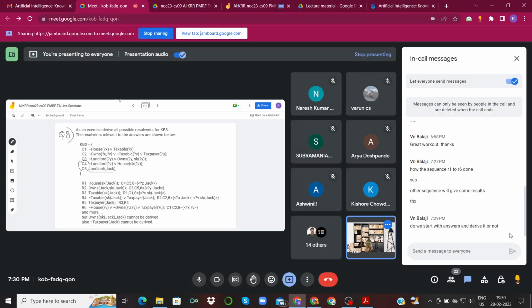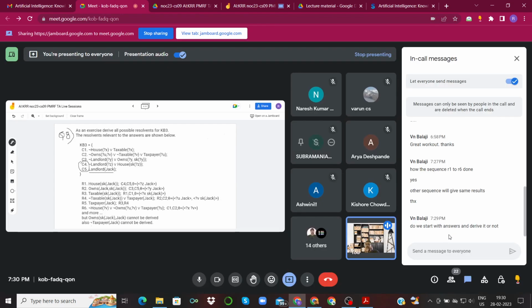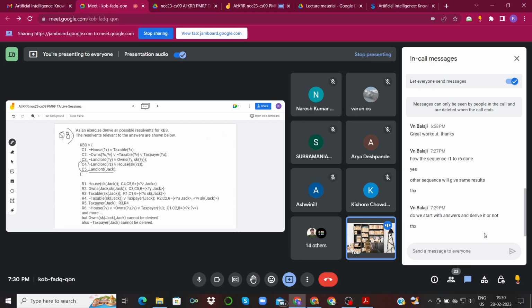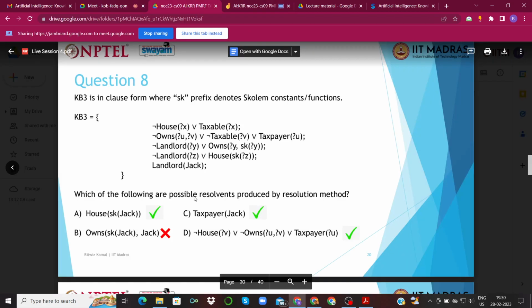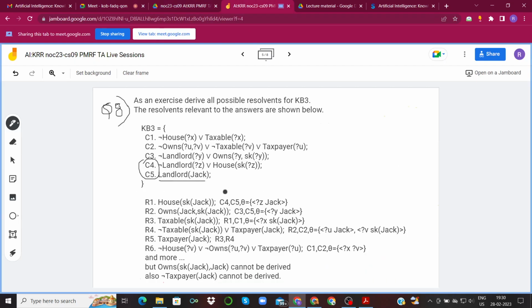If you have a knowledge base that has convenient facts given to you, you can start with them and derive the resolvents, and so on and so forth. But in case the options are not given to you, then you can rely simply on the knowledge base and not on what could be the possible answers. Suppose you did not know what options you have, or what options are correct. You just knew this particular knowledge base. Just this much is what you had.